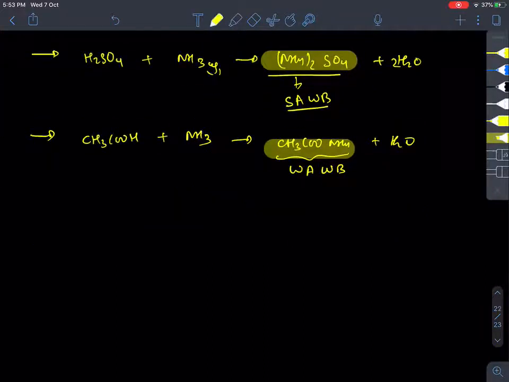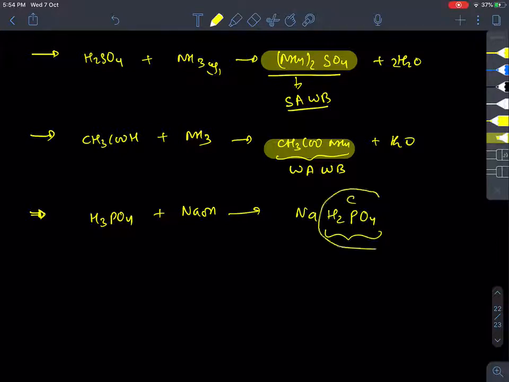Apart from that, there are a few more things which we can generate. It is a very special case that we will study in buffers, and I would like to just give you a glimpse of it. Say for example, if it is a weak polyprotic acid, meaning more than one H+ ion which it can donate, but still it is a weak acid. If that is treated with NaOH, which is a strong base, then it generates a very interesting mixture. And my dear, let me tell you, the pH of this solution is independent of the concentration. I'll explain later on how it happens.